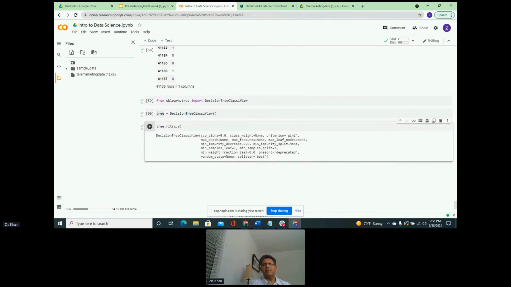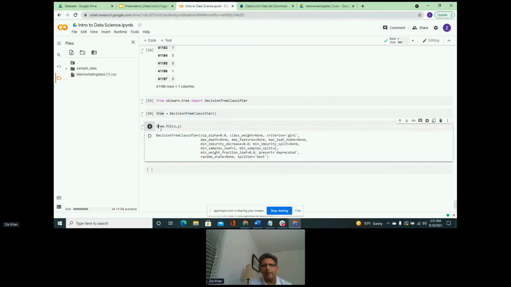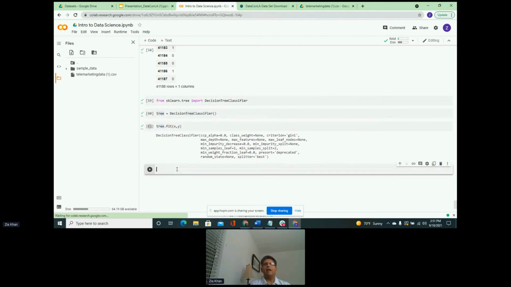Once we have trained the algorithm, the next step... so the algorithm was decision tree. We used our data to train the algorithm. And now this tree becomes a model, which is a trained algorithm. So we have used the algorithm and our data to build a model. And it is as simple as this. Python and Pandas and sklearn have made it very easy for us to build or train algorithms. So now we have a trained algorithm.